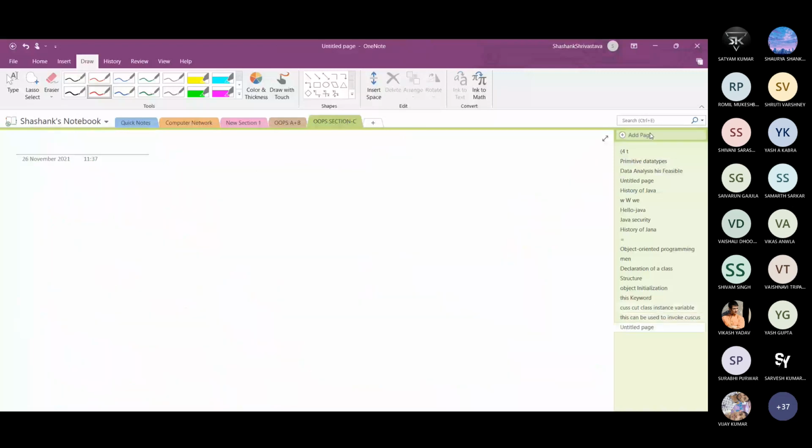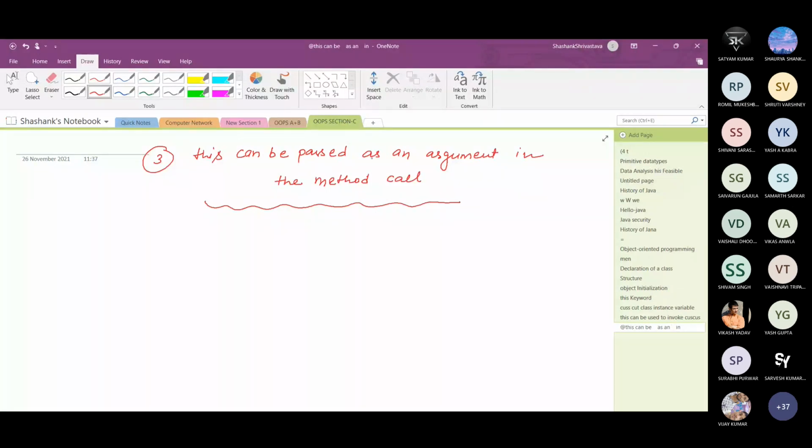The third use basically: this can be passed as an argument in the method call. In a similar way, this can also be passed as an argument in the constructor call. So I will just explain this. This can be passed as an argument of the method call.